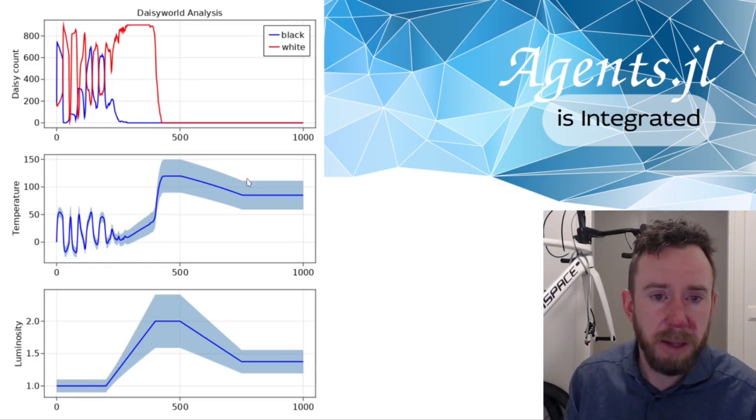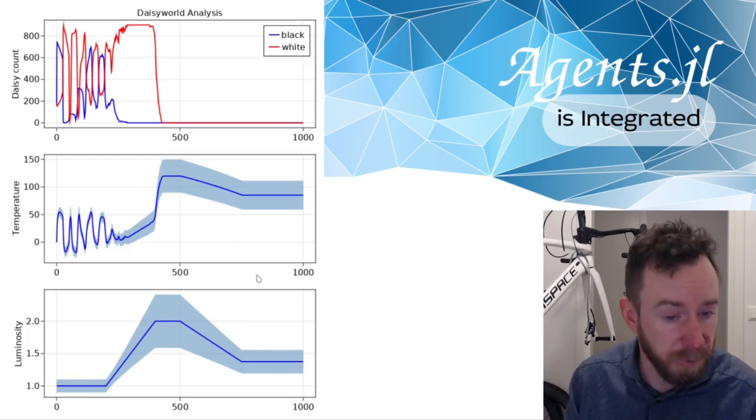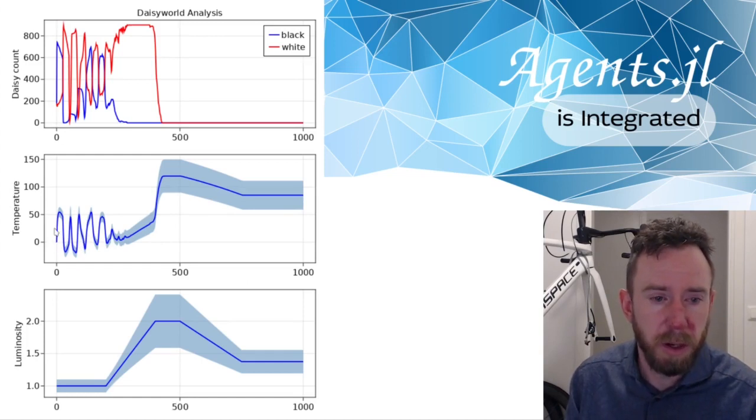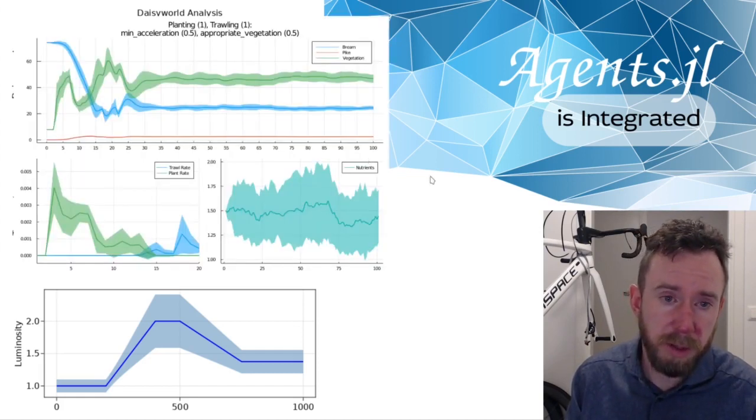But this adds Measurements.jl into the process and allows us to automatically get these sort of uncertainty values for this particular model. This is an integration of Agents,